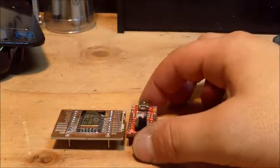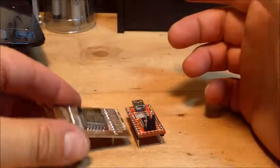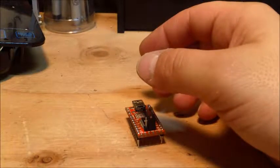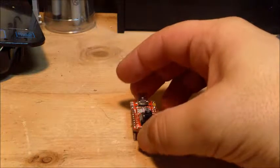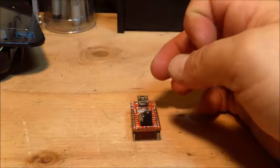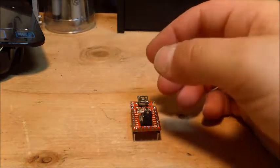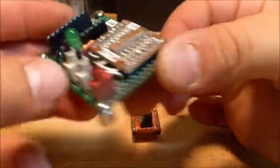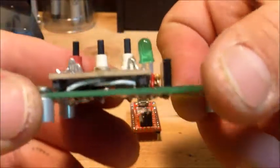So then I decided, to be able to program this chip, well, this thing's soldered down. Well, I can't program any other chip, and I'm going to need one for my actual project. So I took that same footprint, the same layout, the same footprint for Fritzing, and made a new board, but made it as a programming socket. So it's got all of these little rounded pins that are sitting in holes